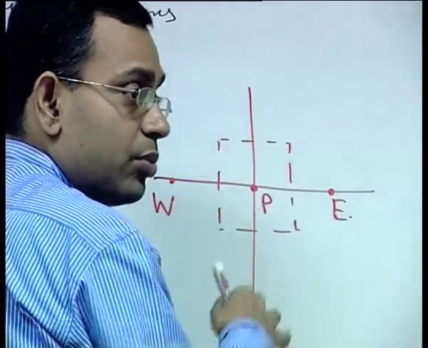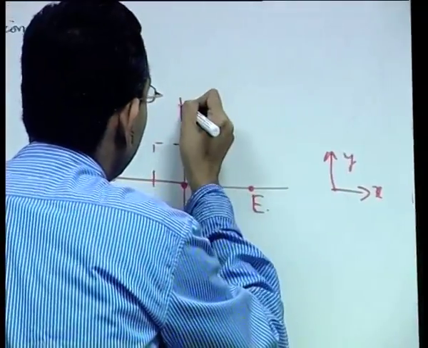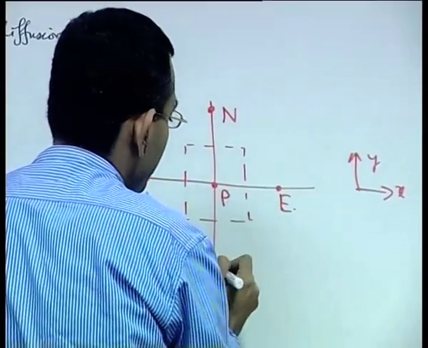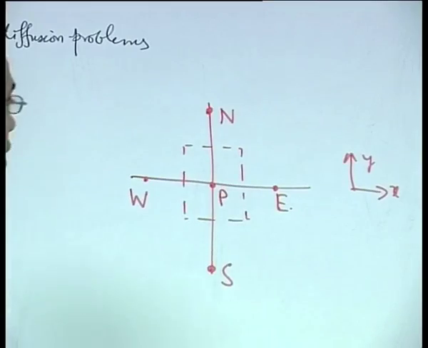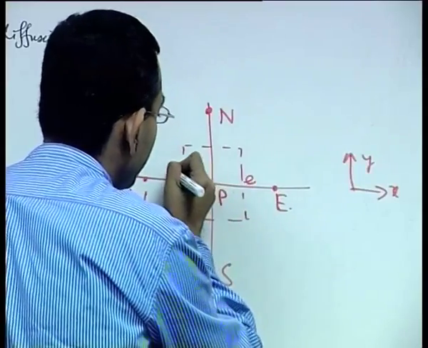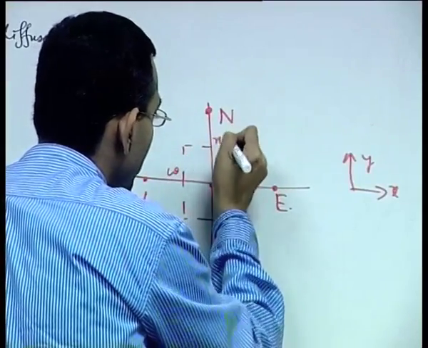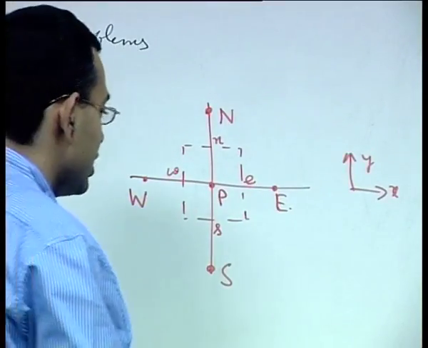Now, it is a 2 dimensional problem. So, if this is x, this is y, along y direction we have grid points N and S, north and south. The control volume faces are represented by small letters. So, small e, small w, small n and small s, and various dimensions are given as follows: